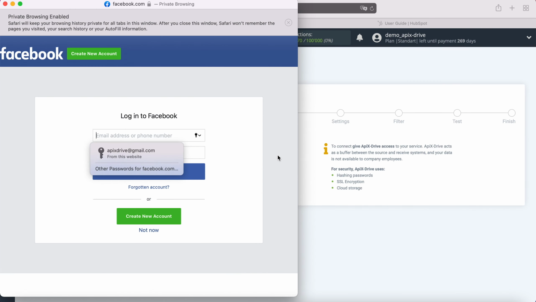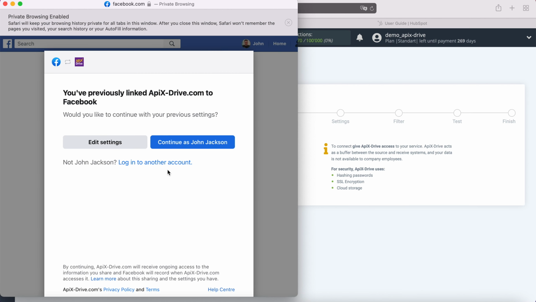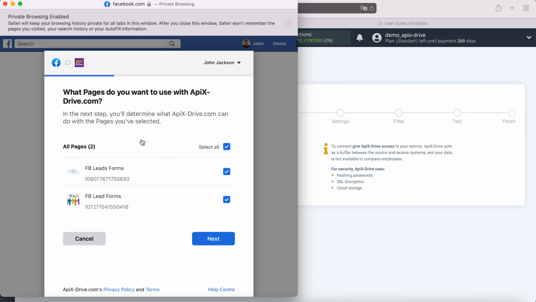In this window, we need to specify the username and password of the Facebook personal account. Then go to Advanced Settings. At this stage, you see the advertising pages to which you have access. The advertising pages for which you want to receive leads must be ticked. I recommend marking all advertising pages at once at this stage in order to be able to work with them